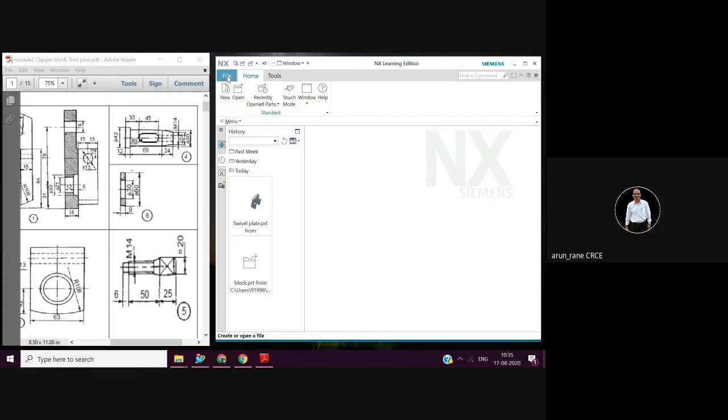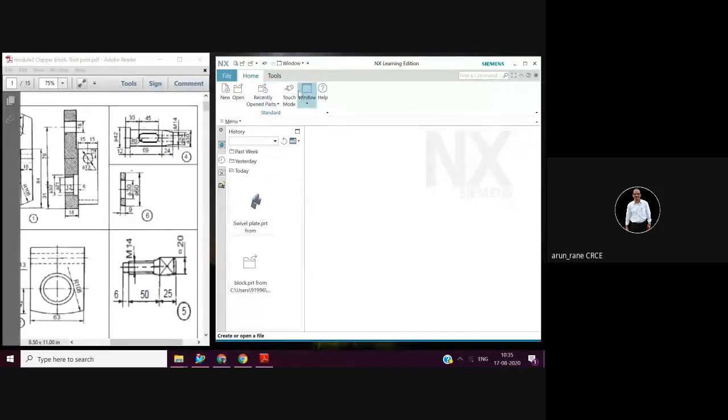Now you go to File and you say New. Okay. This Open option is there, that is, whatever files are there. Whatever models you have made, you can open from here. Then recently opened parts can be seen here.